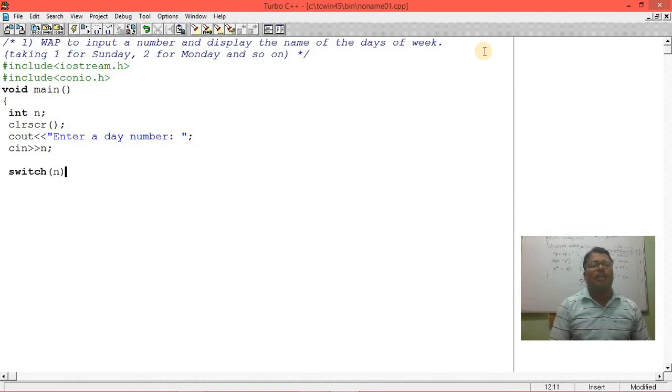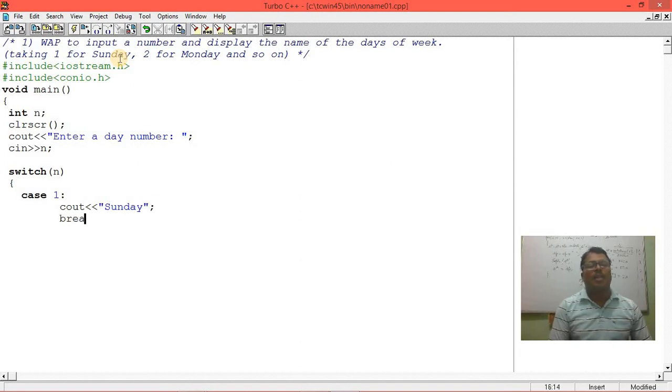In this switch we pass n, and then write all the cases. Case is written with a small c, so case 1. In the question, if 1, then Sunday will display. So case 1, cout Sunday, and then break.